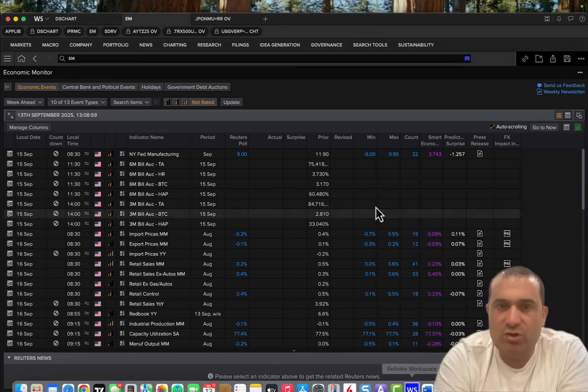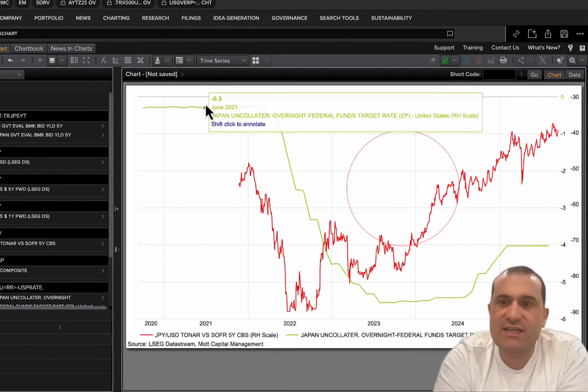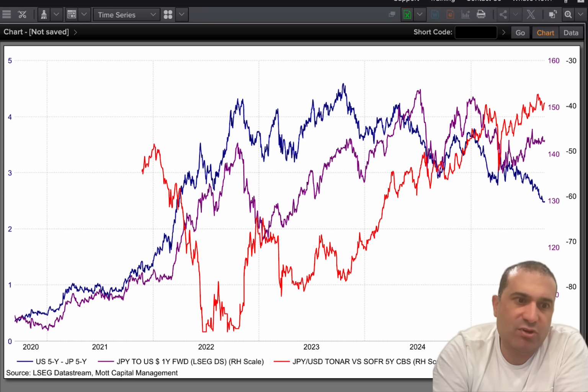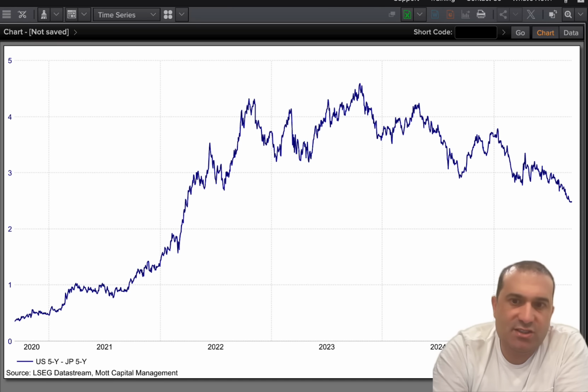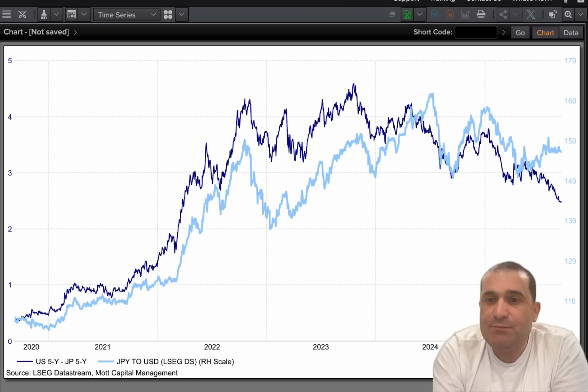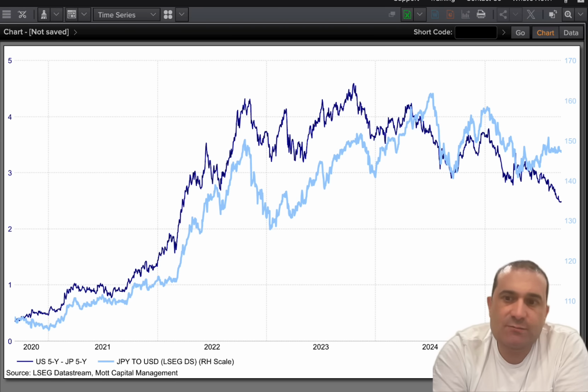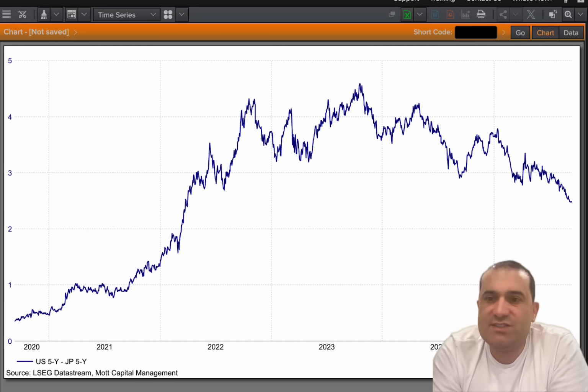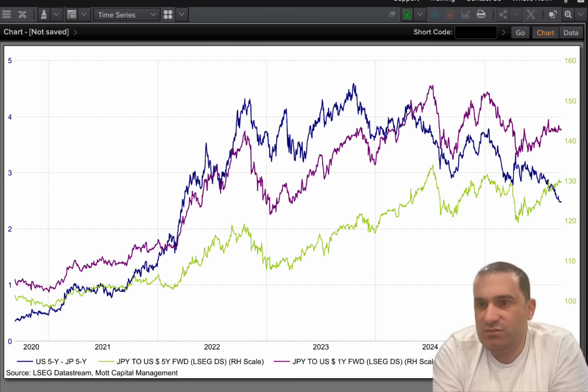I was doing some work on this earlier today, and what we have here is essentially what we were just looking at when it came to the spreads between US and Japanese rates with the yen. What was interesting about this period of time is that we've actually been seeing 5-year and 1-year forward rates on the Japanese yen rising as well, suggesting that the market is pricing in a weaker yen in the future than where it had been